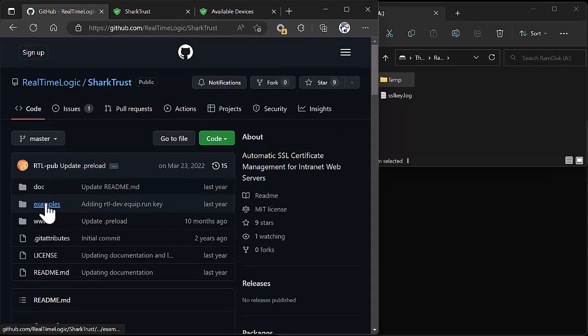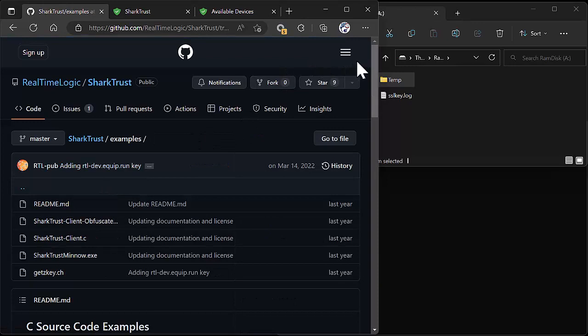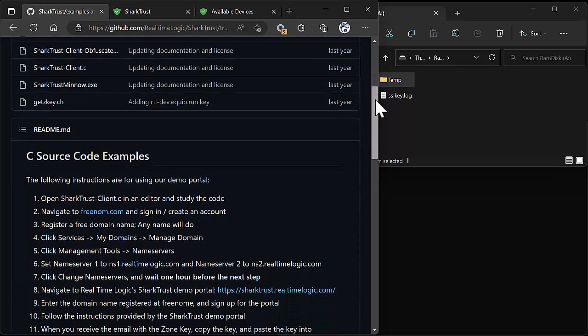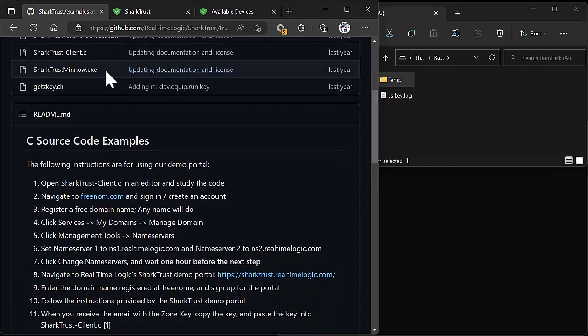The source code for the SharkTrust portal can be obtained from GitHub. The repository contains both the code for the online portal and sample code that can be integrated with your local intranet server. A demo portal is available at